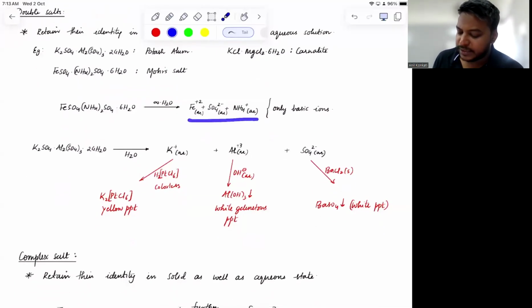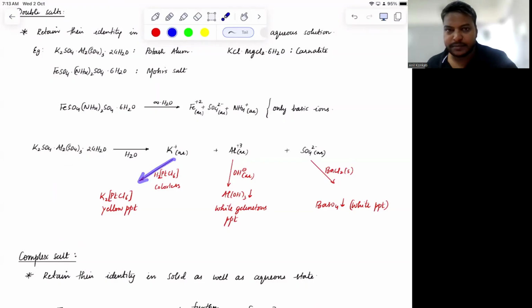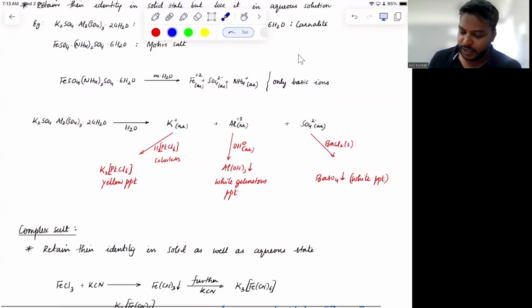Now, these basic ions can be identified by various tests, and that's what you can do with K2SO4 and potash alum as well. So, if you have K+,